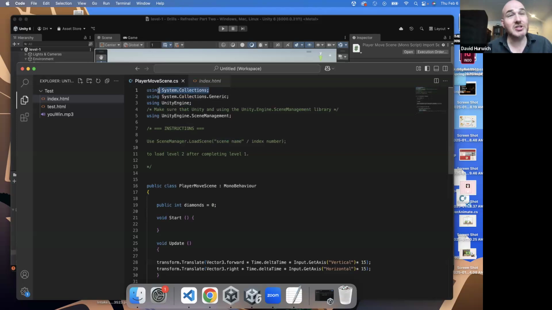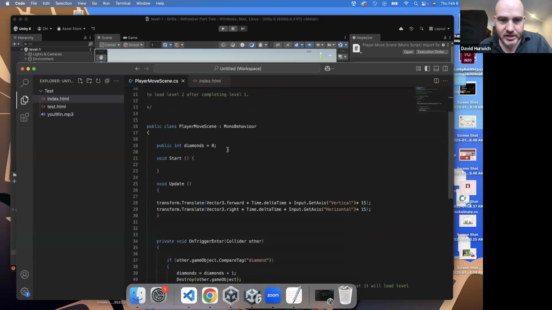Each one of these, when it says using, what they're really doing is bringing in a library of C# code that's already been written, okay? So there's C# code related to the engine and that sort of thing. Now, we want to bring in some additional C# code that isn't usually there by default, and that's called scene management. So if you're going to move between scenes, you're going to need to add this to the top of your document. So it says Unity Engine.scene management, and that's going to bring in some built-in functions about scene management in Unity,